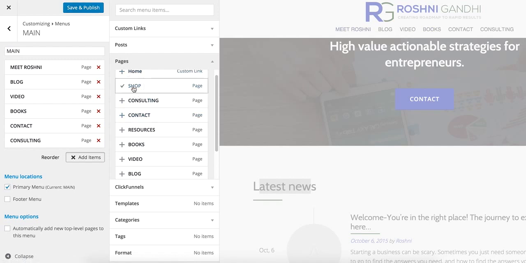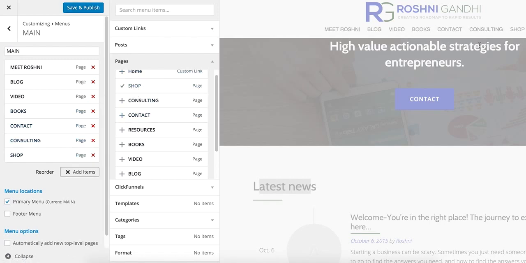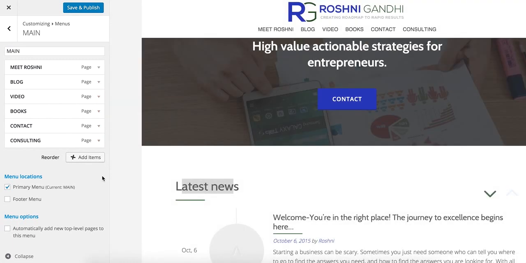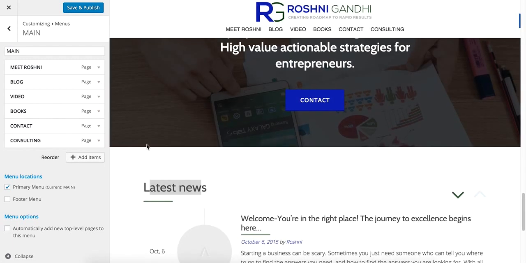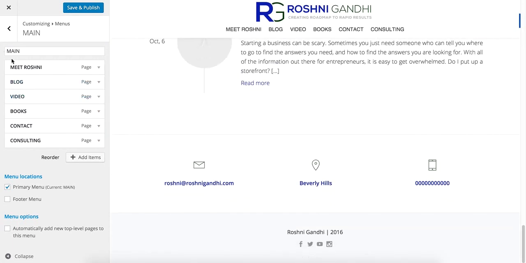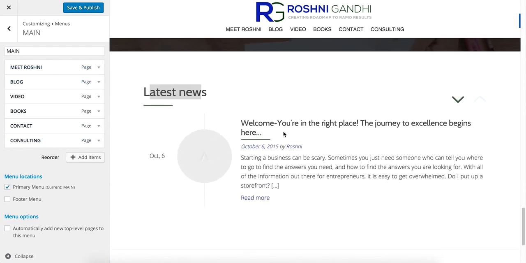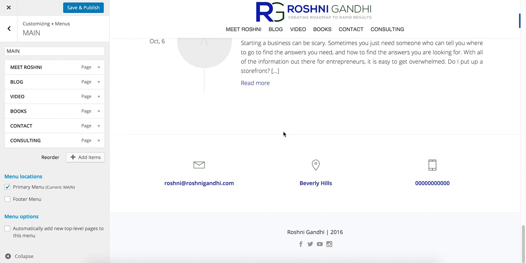You can also add posts like this, so they will be visible here. For now I am deleting it because it doesn't have any data in it. And you can also add footer menus. I will also show you how you can add footer menus for terms and services, about us, or things like that.